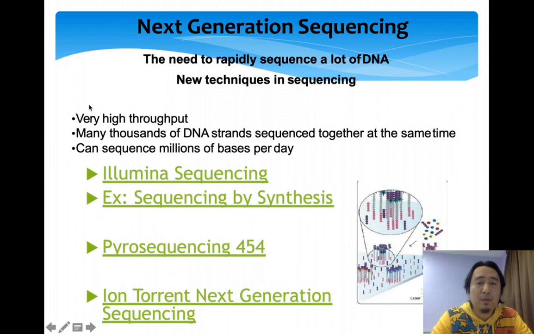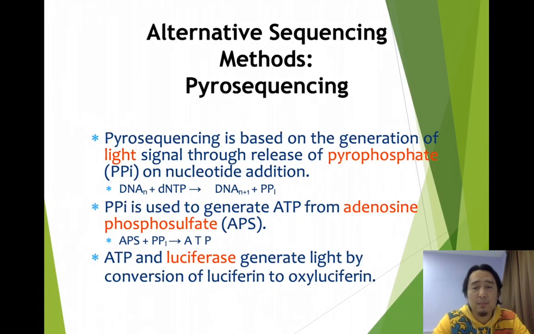So this is example of the NGS sequencing lah. Ada linear sequencing, ada Pyro Sequencing, ada Ion Torrent next sequencing, ada bisulfite sequencing. So this one I think ada 4 slide je, so you can read on your own. I can explain briefly only. So the first one is Pyro Sequencing. So Pyro Sequencing is actually